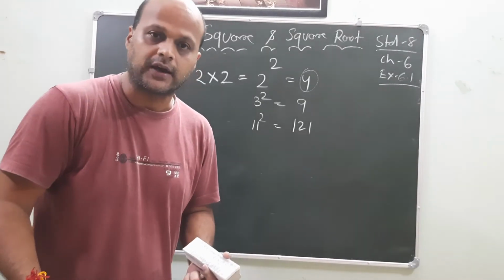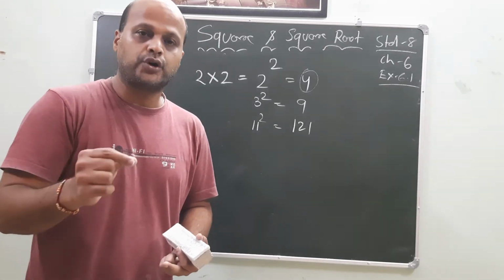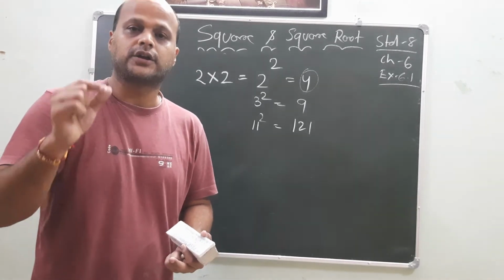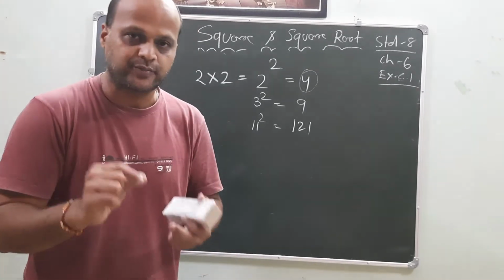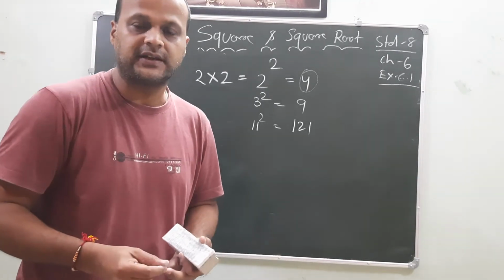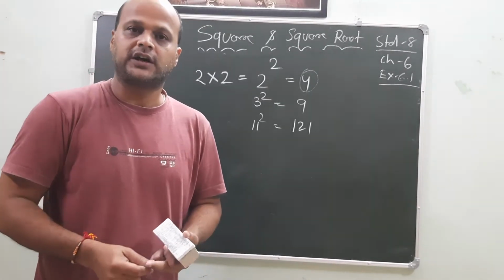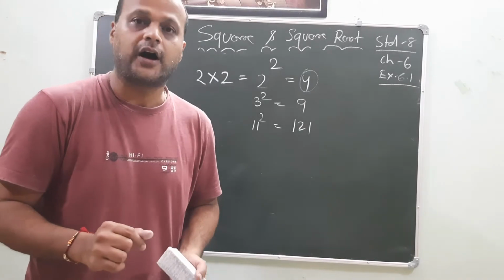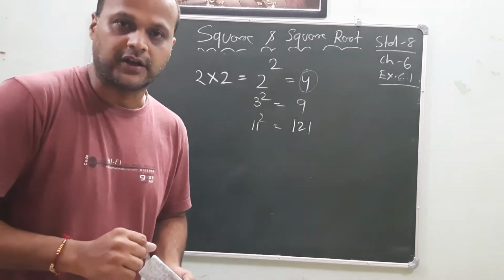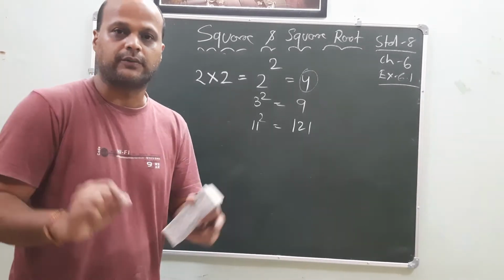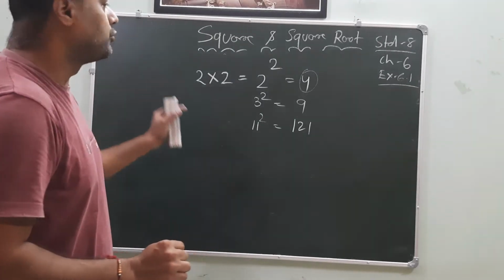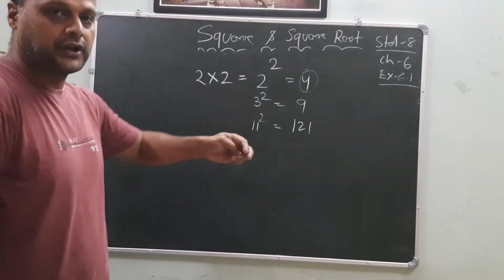Remember my dear friends, to remember these squares you have to recall squares from 2 square to 30 square. Otherwise, if you want to know how to find the square of any number in the simplest manner, then subscribe to my channel. You will find the trickiest form of finding the square of any number. Right now we will not talk about this one. Now come to the further one.